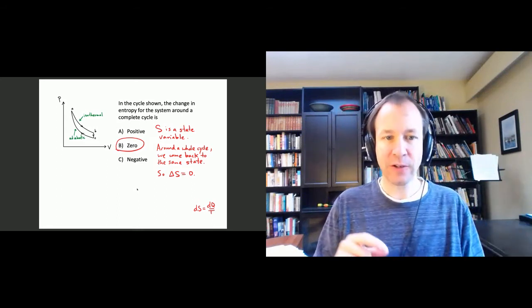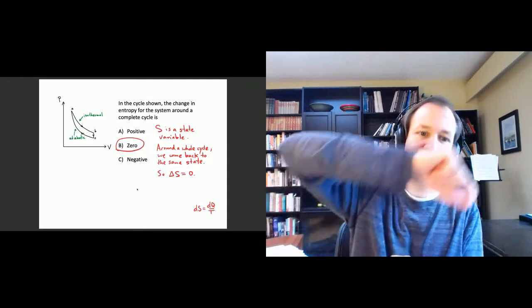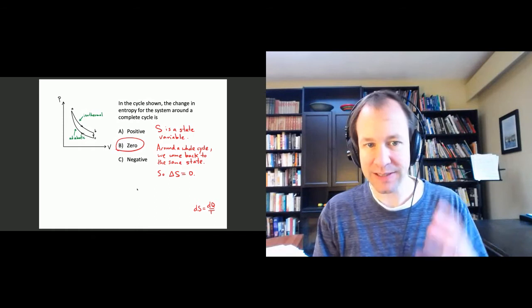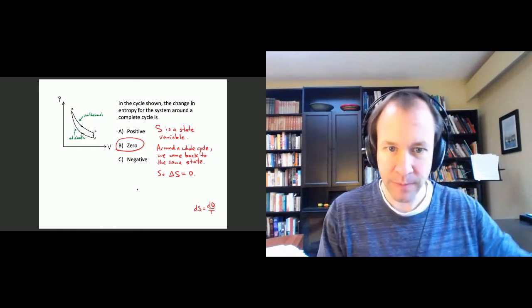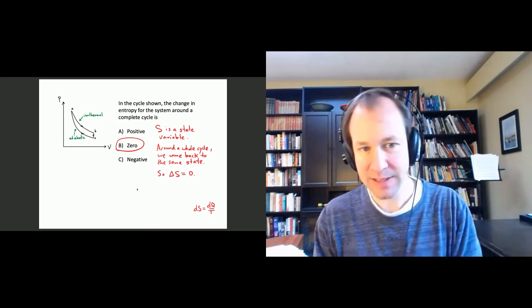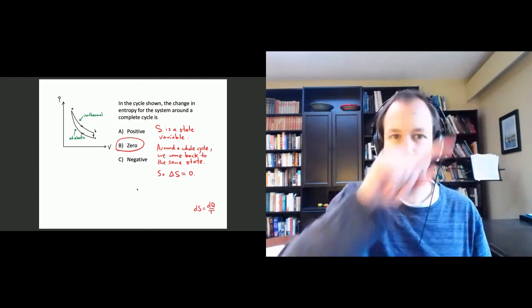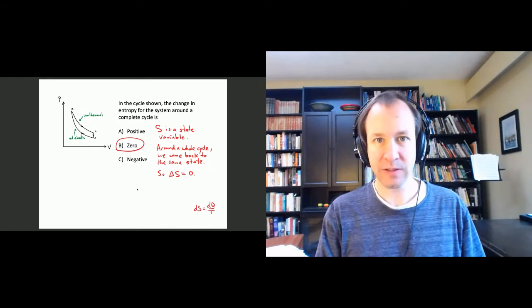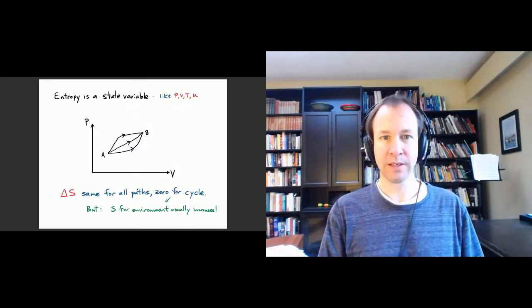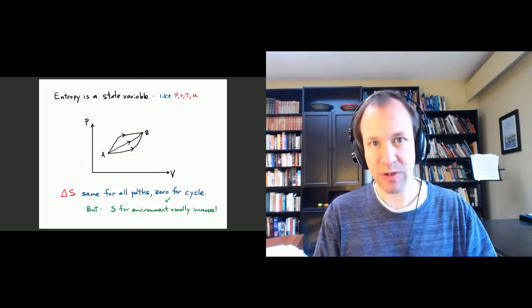Okay. And so if we start at point C and then come back to point C, well, we're coming back to a configuration that's the same as the one we started with. And so the entropy has got to be the same as the entropy we started with. And so the change in entropy around that cycle is going to be equal to zero. Okay. So just summarizing on this slide,